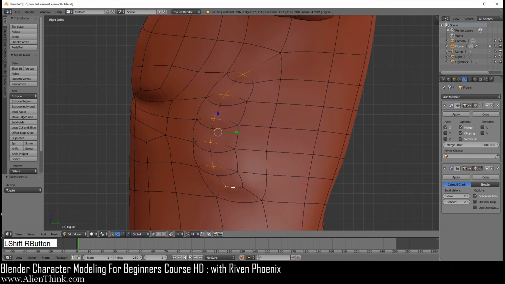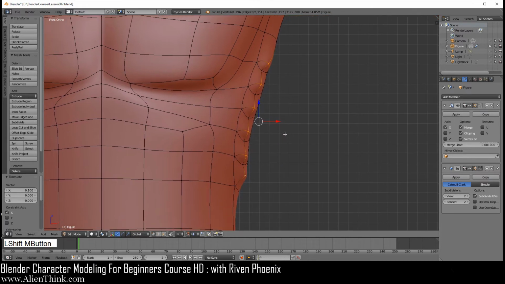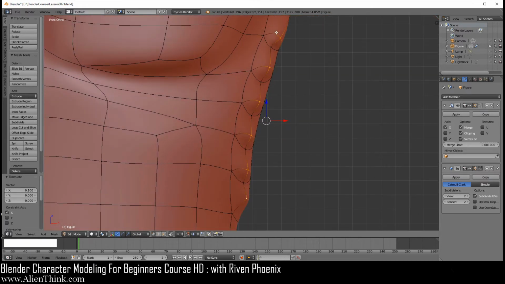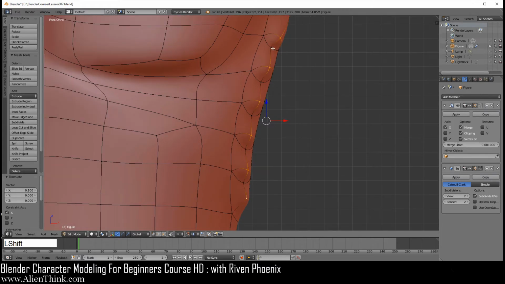And you're going to also select this one. You're going to go to the front view, big grid units, go to the right 1 time. Now shift middle mouse button to pan and just zoom in a little bit. You're going to now select the opposite. So you're just going to do shift middle mouse button, shift, and then right click this one,